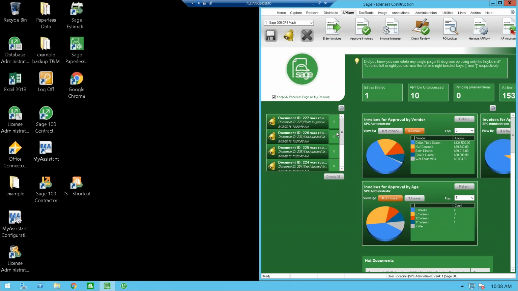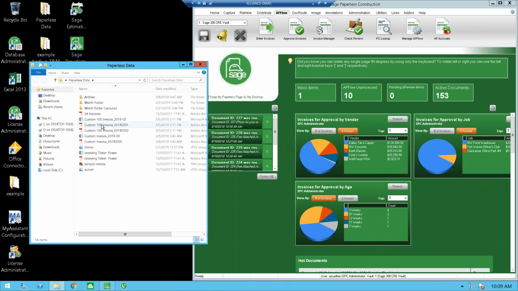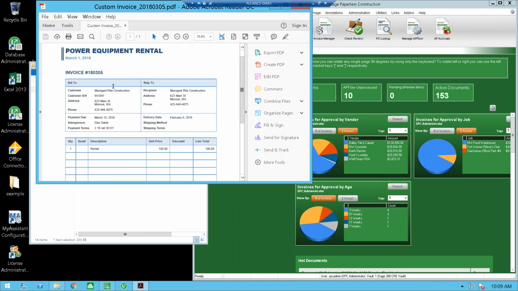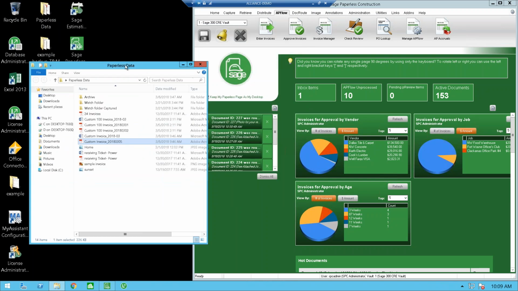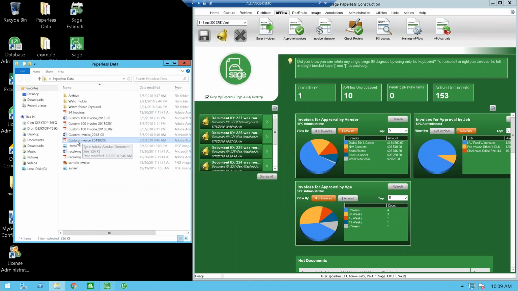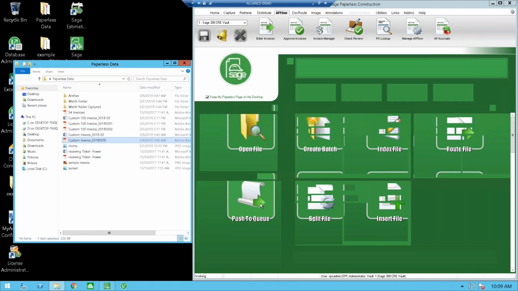So I'm going to bring an invoice into the system here. I was thinking we could maybe do it chronologically real world, but it makes more sense to show in this context. So here's my invoice that I'm bringing into the system, just a sample from a power equipment rental, an equipment rental example organization. So if I want to bring that invoice into Sage Paperless, it's a simple left click and drag. If I want to open that file or push it to one of my digital inboxes or my queues,